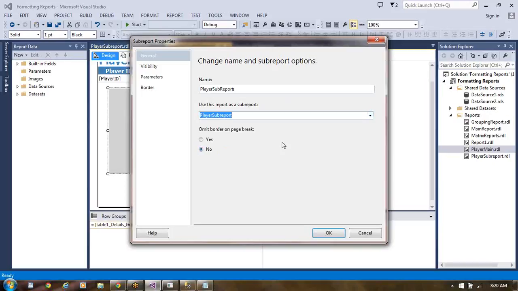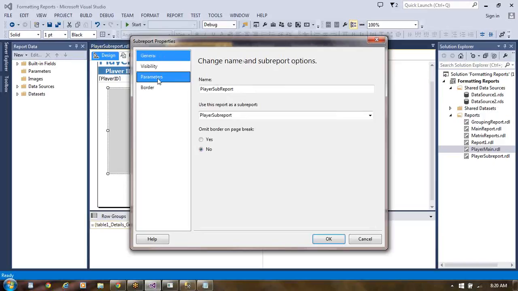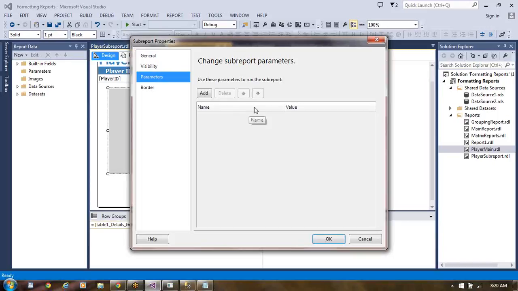Player sub report is the report name we choose. So we omit the border in that. Now if you look into parameters, the parameter is not available here. We need to add it. Click on general, then parameters we take here. The parameter can be added in this.